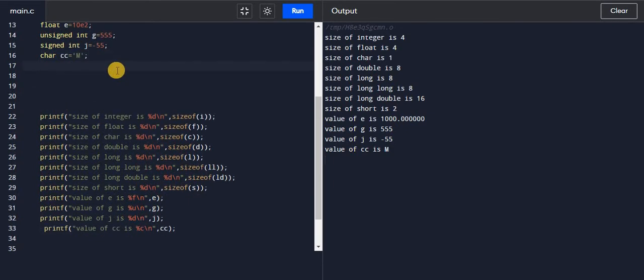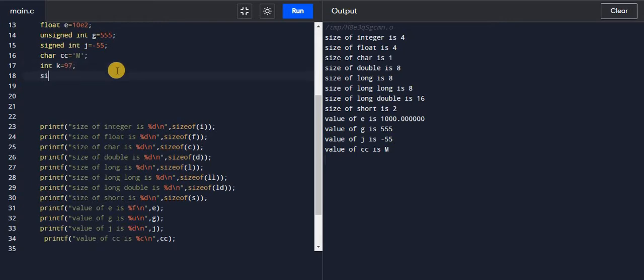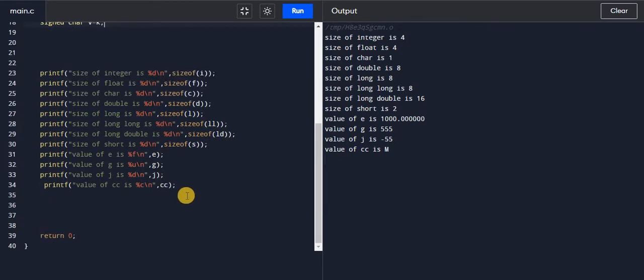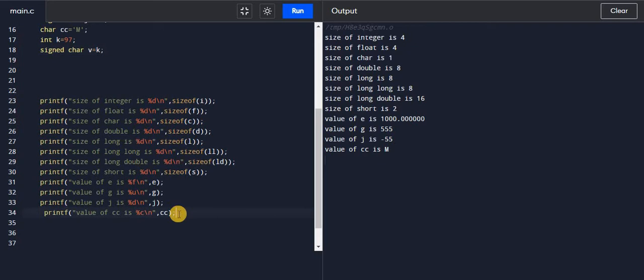Now similarly, if I put int k equal to 97, the ASCII value of character a, and if I write signed character v equal to k, and I am going to print the value of v, what will be the value of v? So consider it is v, and here it is also v with a percentage specifier u.